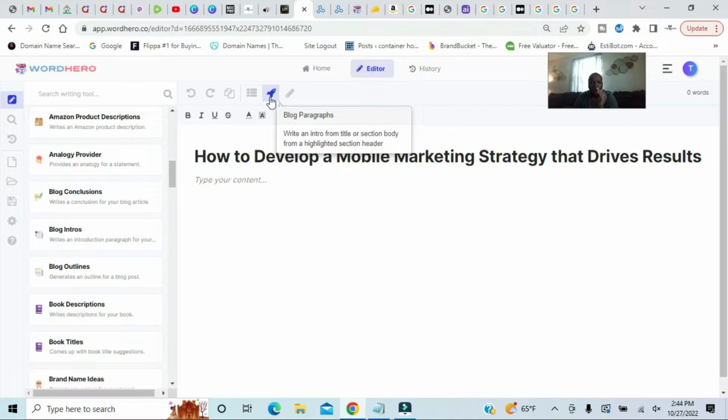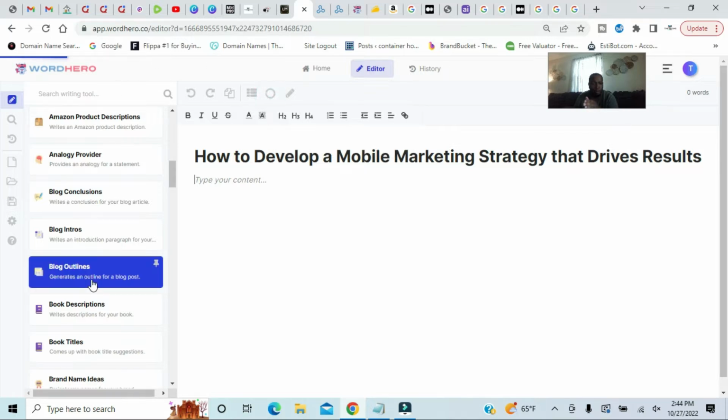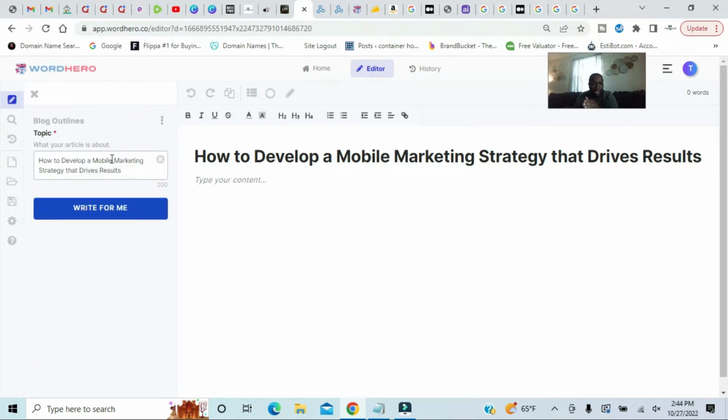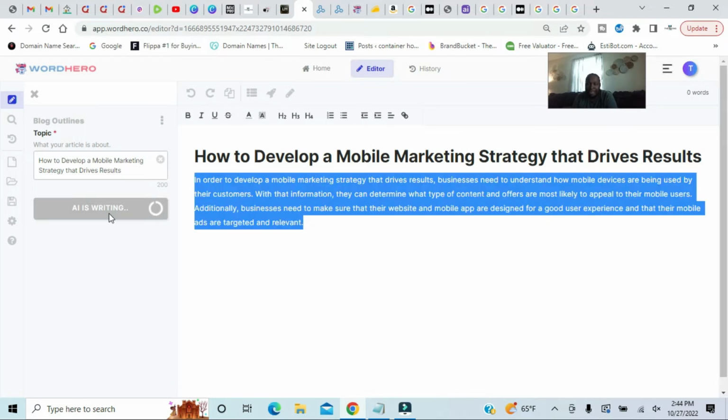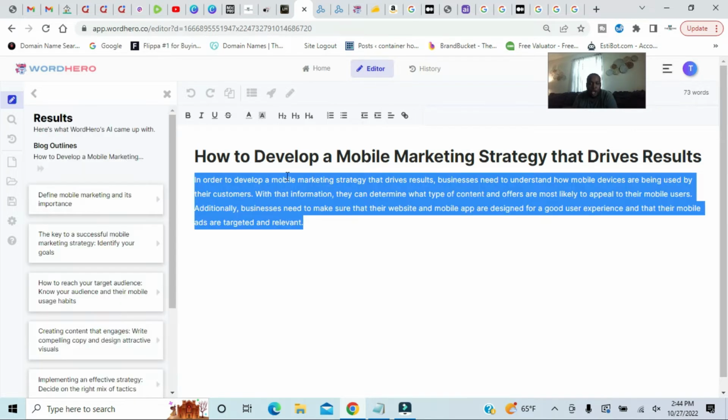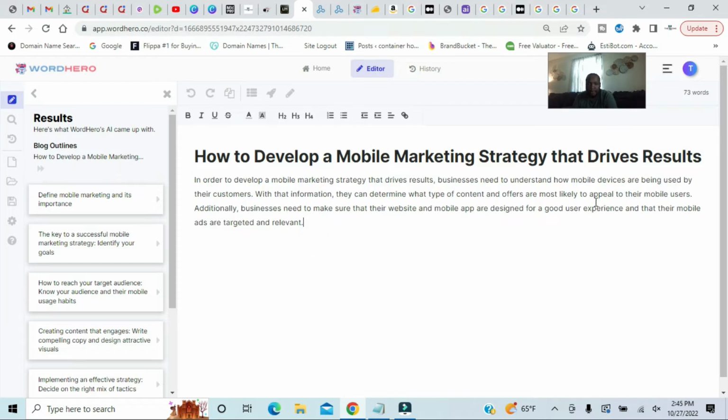So we'll hit this button here, and what you can do is go to blog outlines, and it's already inside. Once you hit write for me, it saves. Hit write for me for a blog outline, okay? And you can read. I'm reading while that's coming up, and it's highlighted blue, and you hit the backspace to delete it all if you want to. So you can scan through that here